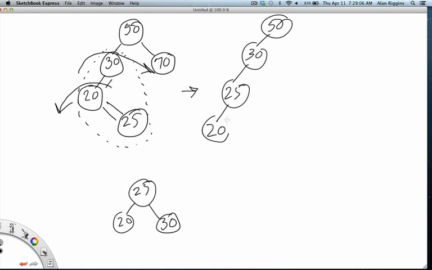This is the effect of the first rotation. So I have moved this around, pulled the 20 down, the 25 comes up, and we are now left with this, which is one of our simple cases. Now we rotate the 30 to the right, and we have